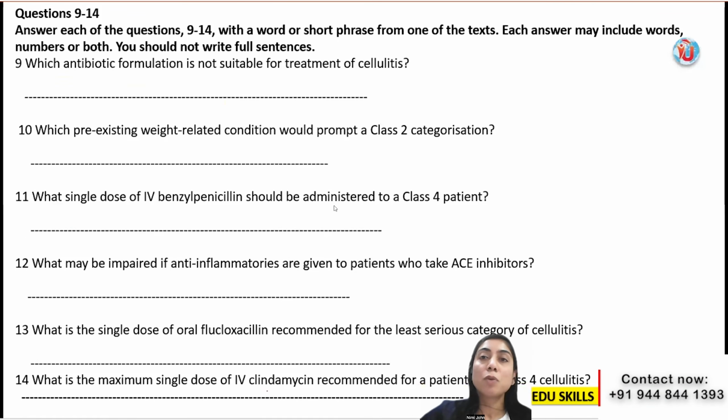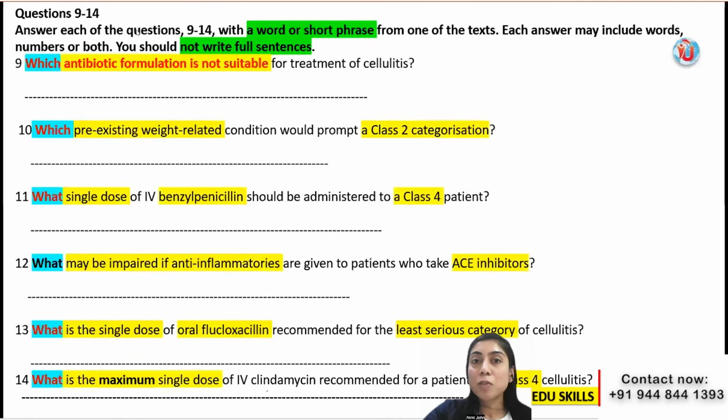So next we are moving to question number 9 to 14, which is with a word or short phrase. So identify first, this one is under which text, then you can find the answer easily. So here, which antibiotic formulation is not suitable, the first one, 9th one. The 10th one is which pre-existing weight-related condition, class 2 categorism. 11, what single dose benzyl penicillin class 4, and what may be impaired if anti-inflammatories, ACE inhibitor, and what is